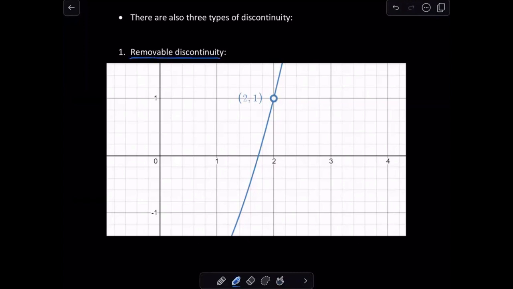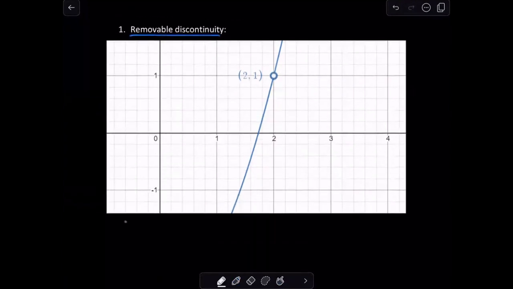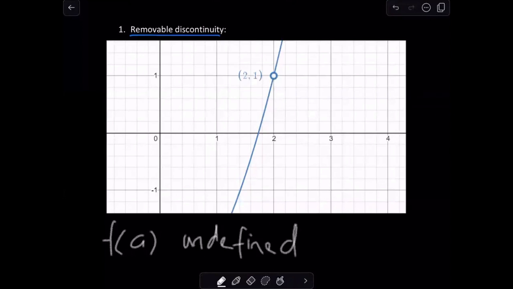The first one is what we call a removable discontinuity. Now, a removable discontinuity occurs when the first condition of continuity is possibly violated. So the first condition is not violated, maybe it's not met. So f of a is undefined. Okay, so we could have a situation where f of a is undefined. Or we could have a situation where f of a is defined as, let's say, some number like 10,